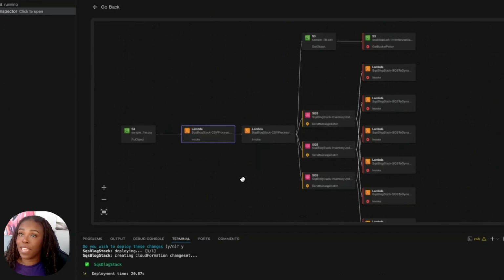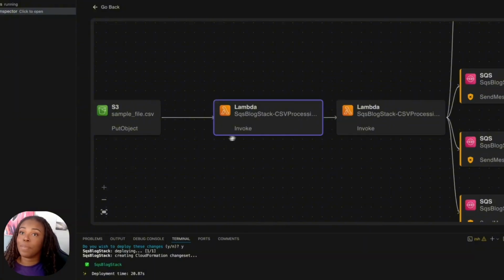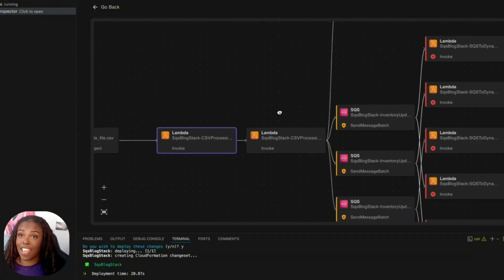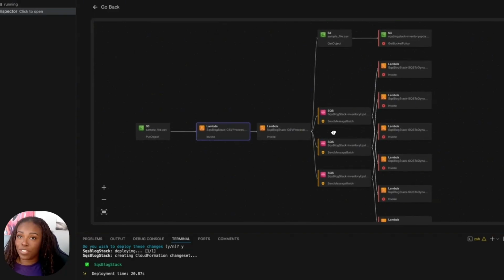Click View Graph on any row to get the dependency graph. Each service is a node, every API call an edge. That one Lambda invoke is actually making 4 downstream calls, a get object and 3 separate send message batch calls